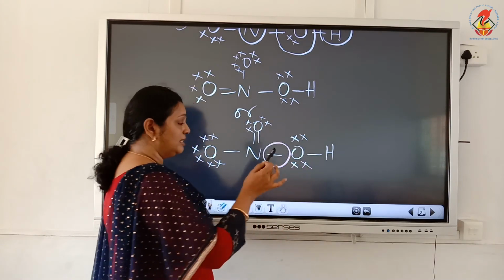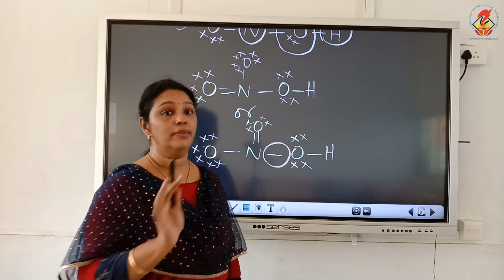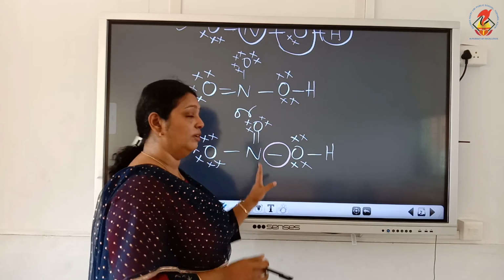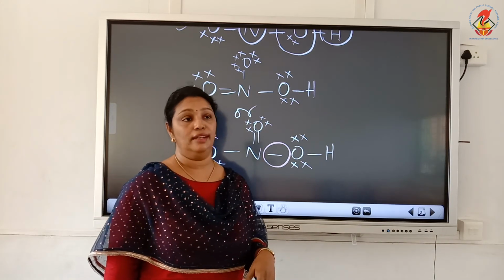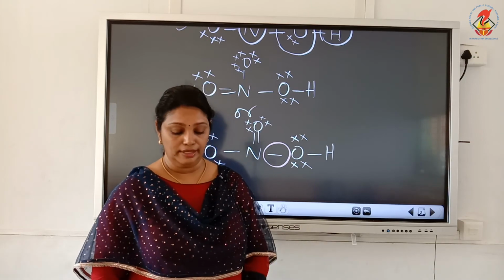That is, the OH-attached oxygen, attached to the central atom, we cannot put a double bond. Okay, only the other two oxygen will be capable of sharing the lone pair. So this is HNO3. Now the next example is